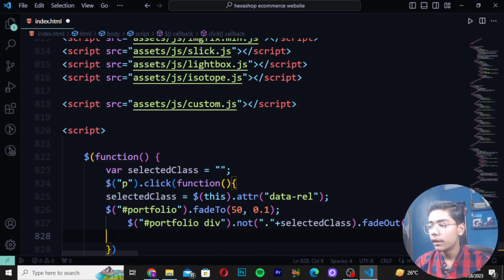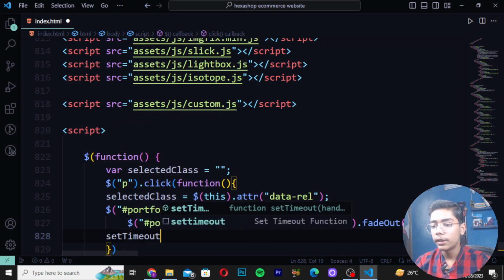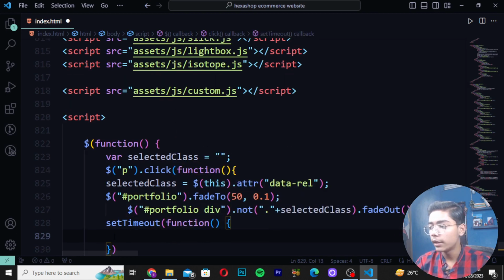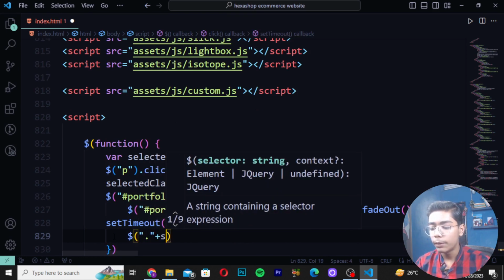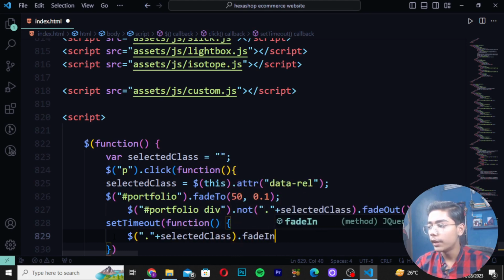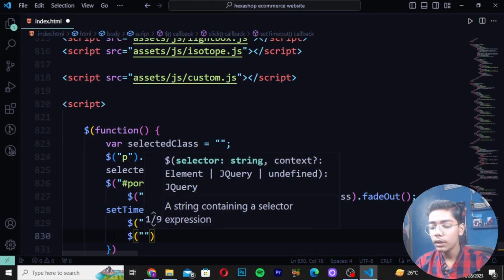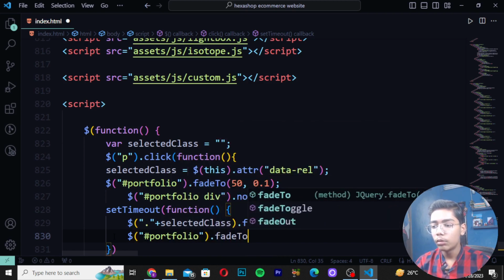close it, and then I will write setTimeout, and then function, make this bracket and move down like this, and here this $ sign, then make this tag and then make a dot, plus selected class, and I will write fadeIn, make this bracket and then make this colon here as well, then create this tag, hashtag portfolio, then I will write fadeTo,